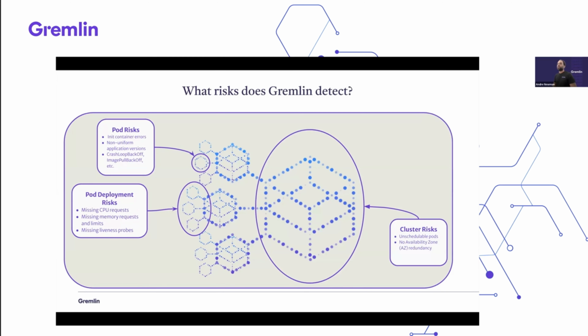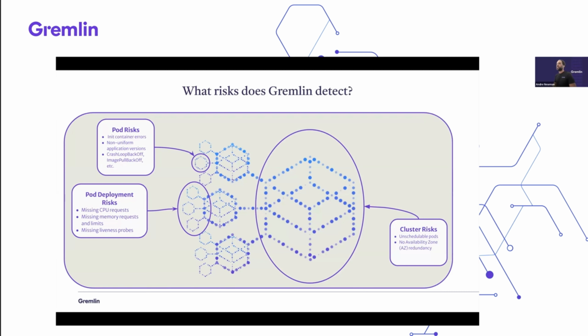So don't worry, this graph looks complicated, but it's not. It's just a walkthrough of the risks that we cover, and we split them into areas to make it a bit easier to explain them. So we have pod level risks, deployment level risks, and then cluster risks. So for pod level risks,